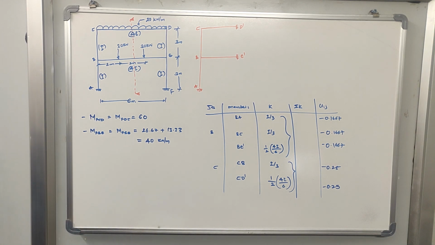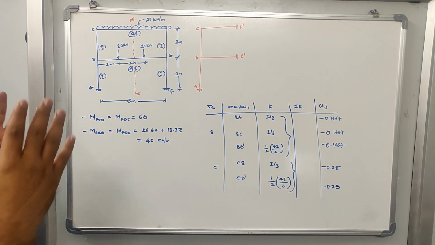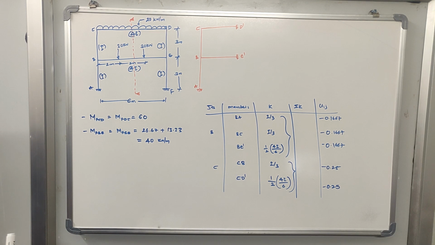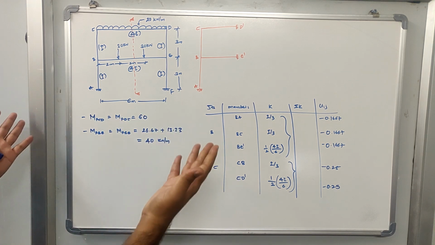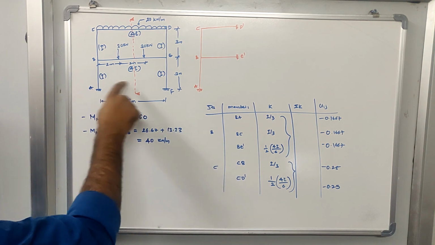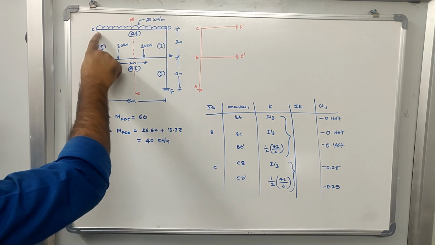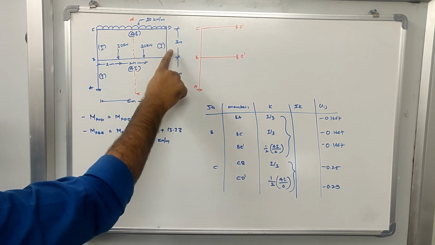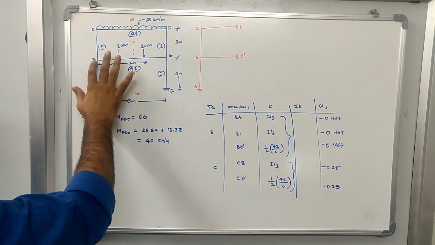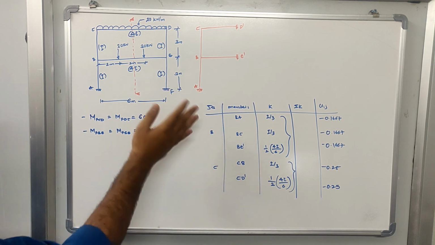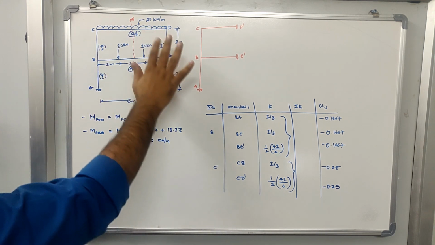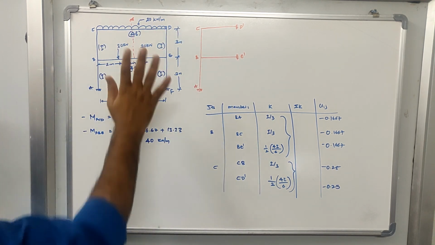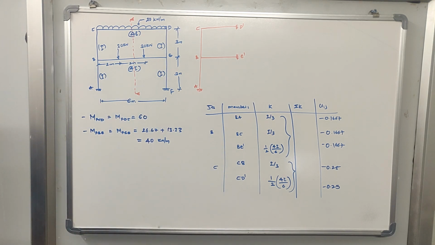Okay, now let us look at the length of the columns. If there is a difference in the length of the columns, if it is unsymmetric in nature, what will happen? This may sway, right? Looking at the column lengths, the lengths of CB and DE are the same. The lengths of BA and EF should remain the same. If you can see, the length of all the columns is 3 meters. So again, there is no case of sway because of asymmetric length.